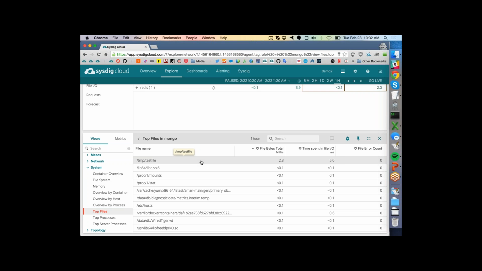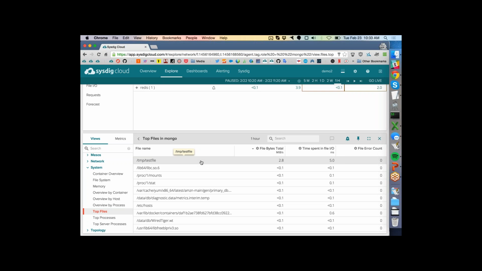I think it's worth pointing out here that not once did I have to SSH into a machine. I never had to go sorting through logs on a machine to figure out what happened. I never had to pull up classic Linux tools like top or PS that really start to break down and not function well in containerized environments. And I never even had to go try and reproduce the issue because I had all the information here in Sysdig Cloud all the way down to the process and port and file level, so I could go troubleshoot this issue in some real depth and get to an answer really quickly.